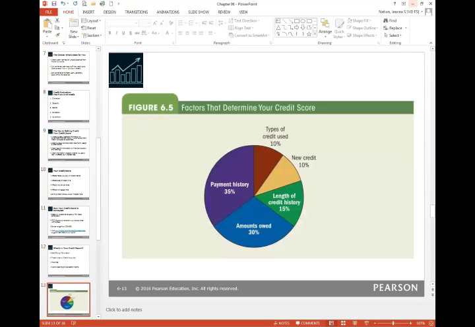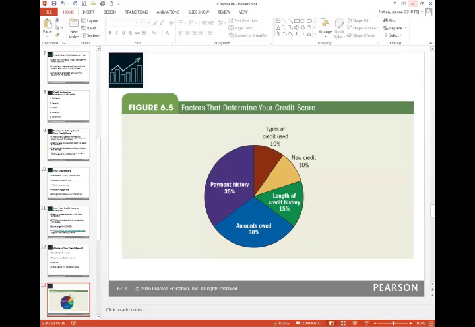Yeah, let's show the pie chart for the credit score first. So your credit score is weighted based on different factors. The FICO score is going to be weighted 35% on your payment history, so if you made it on time or if you were late. 30% is the amount that you owe, so this is balances on each debt, and then total debt that you've taken on. So as individual accounts and then as an aggregate.